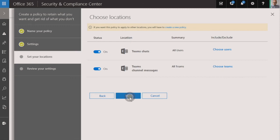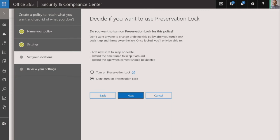And within this we also give the ability to target your policies to specific sections, that is specific sections of users or specific teams, using the controls that you have here, choose users and choose teams. So you would do that, and by default it would be on, and then you would create a policy. We also want to adhere to the SEC rules for our FinServ customers. So preservation lock is something that's going to work for Teams. This lets you create a policy and essentially lock it and throw away the key. So you can't change the policy